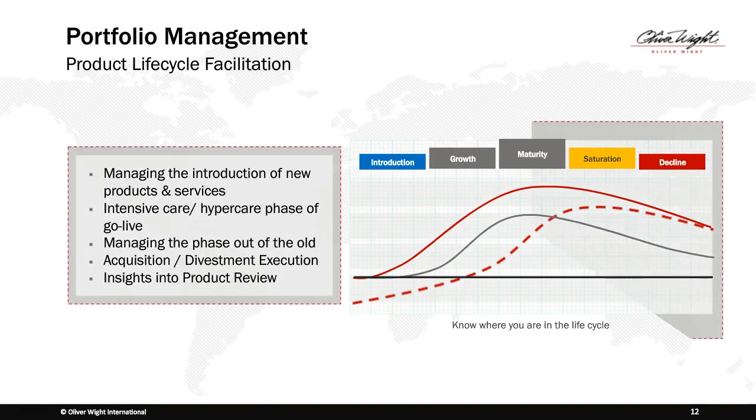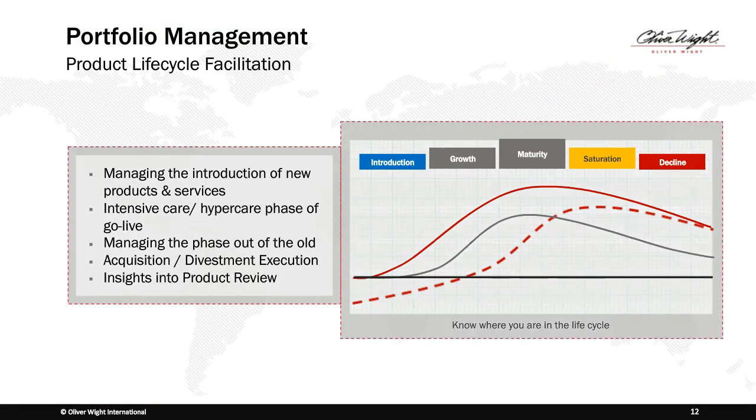So with regards to product lifecycle management, it's important to understand where each product fits into its lifecycle, and integrated tactical planning in a product sense is part of making sure the execution part of the product portfolio plans are well managed. If you think about the lifecycle curves of each product from introduction through growth, maturity, saturation and decline, you can see that excellence in product control is